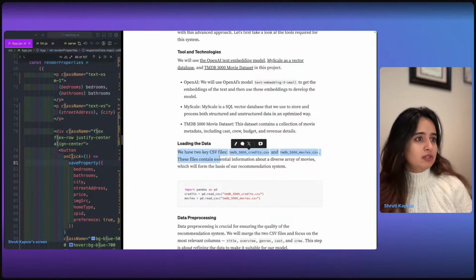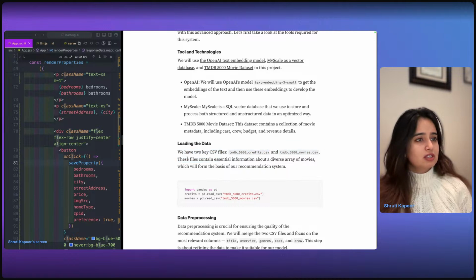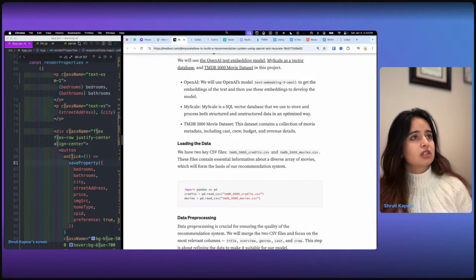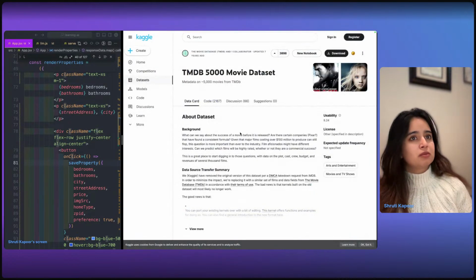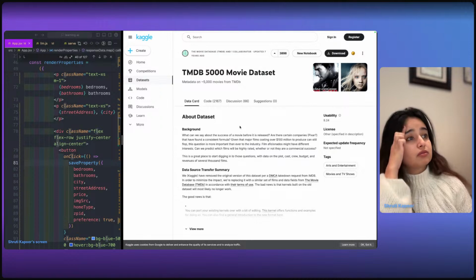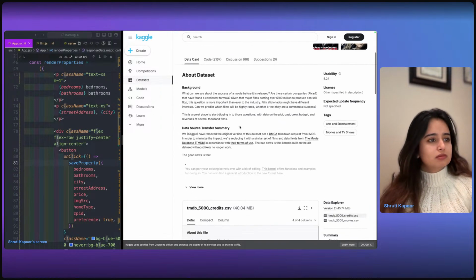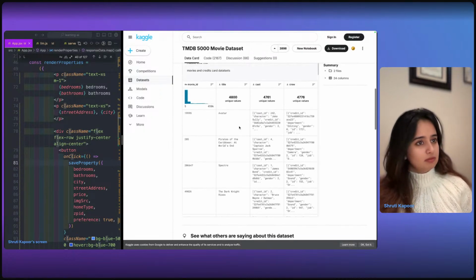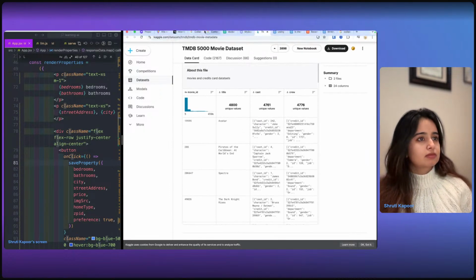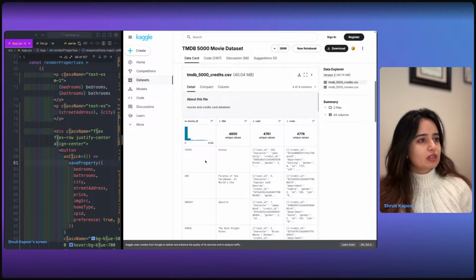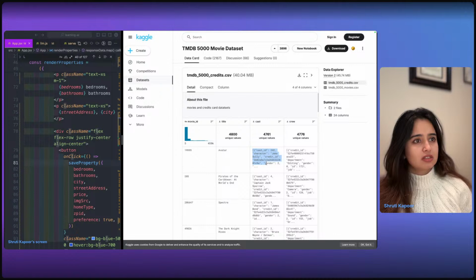Okay, loading the data. We have two key CSV files, this and this. That's the dataset that they're using. Credits and movies. Where is this TMDB movie dataset? This is this one. It's crazy how much data there is in this.